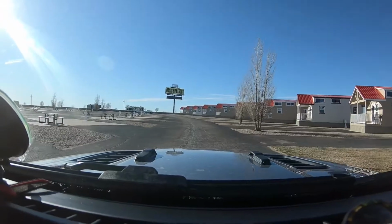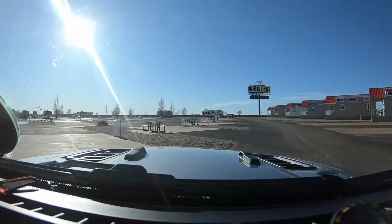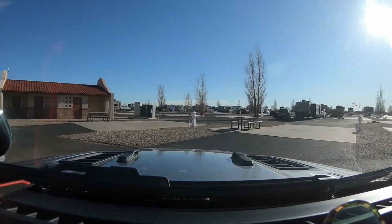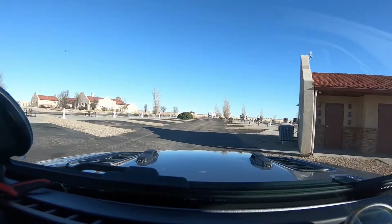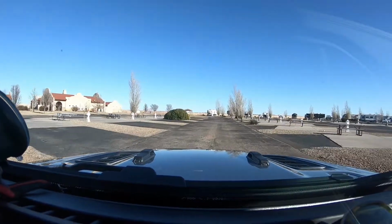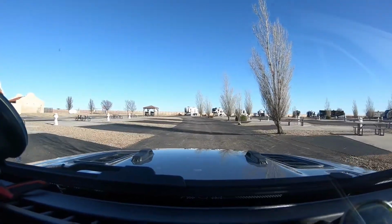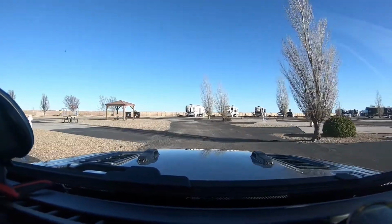There's one of the many wash-through facilities where you can shower, use the restrooms, wash your clothes. Here's one of those right here. A lot of spots open over here today, so I don't know what happened, but you can tell by the size of the propane tanks that a lot of full-timers live in these things here. But it's kind of out in the middle of nowhere. You pull down the street to it and you go,